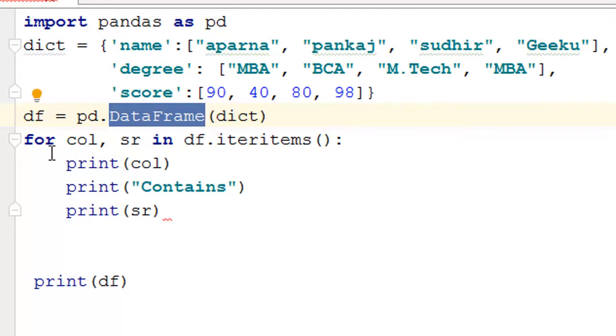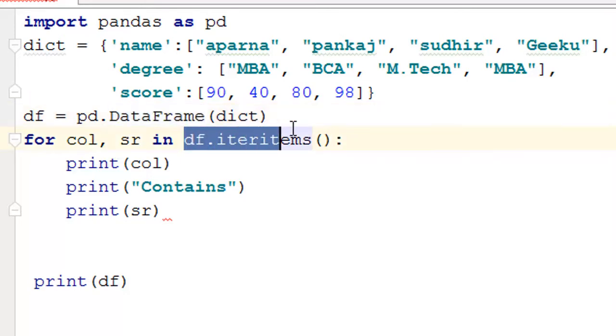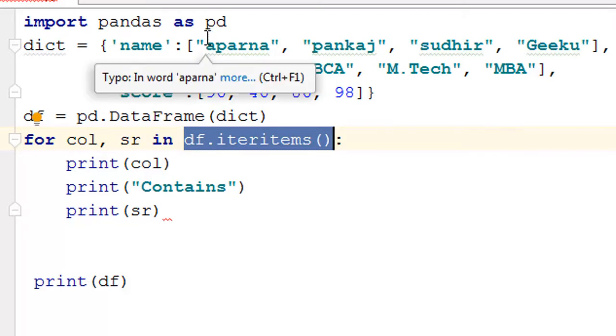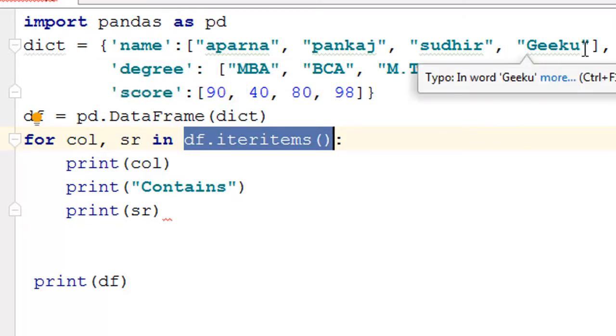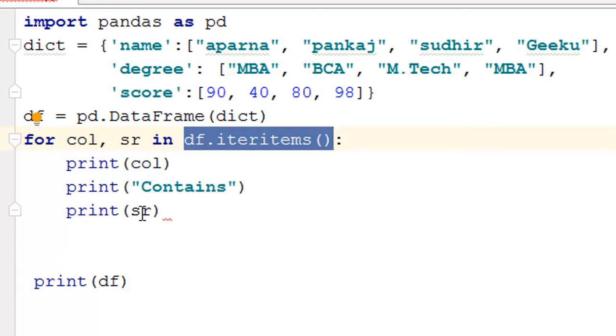When I say for column, SR in data frame iteritems, it returns me 2 values. One is the column label, for this instance name, and one is a series object representing all the values in a particular column. And we can print this.